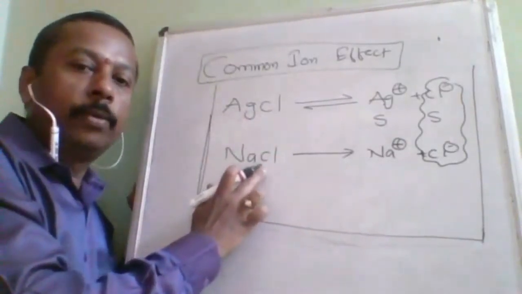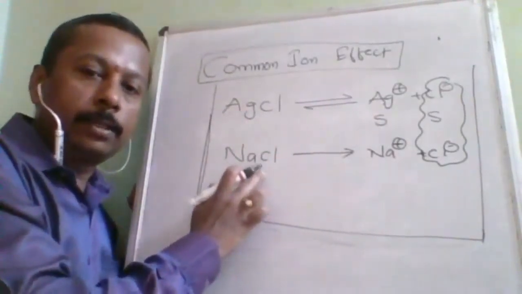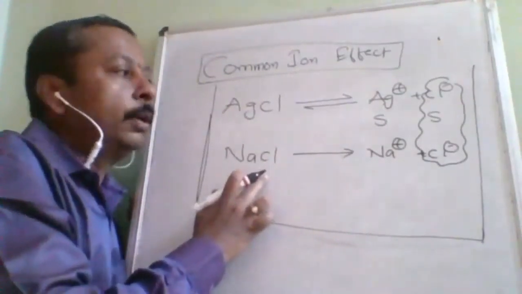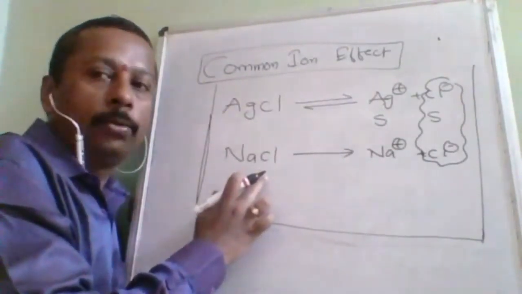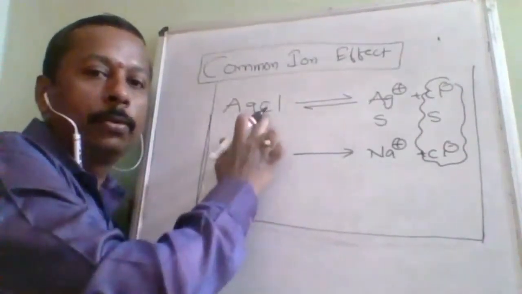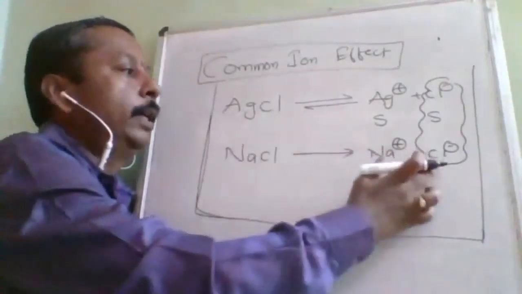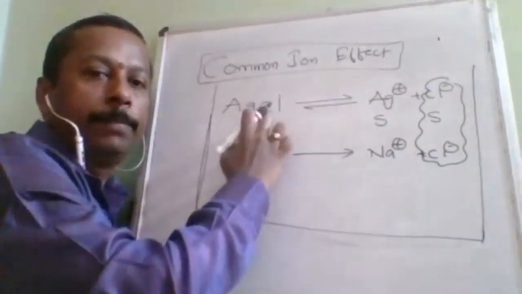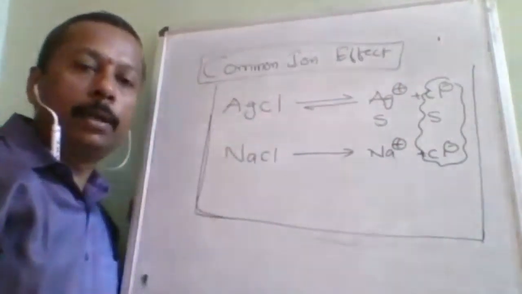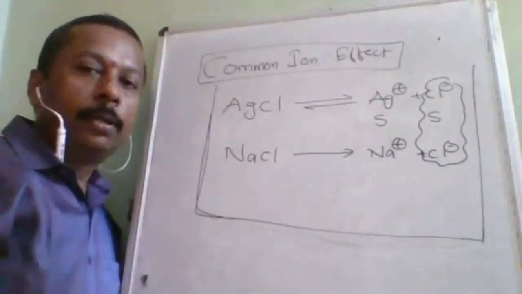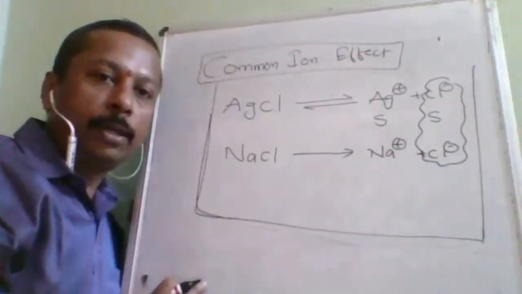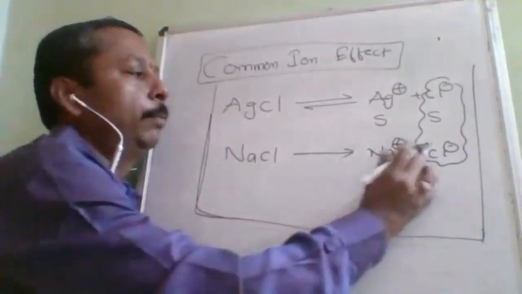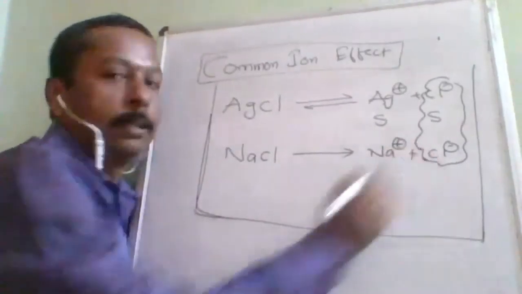AgCl is only weak and NaCl is strong enough. So nobody is going to touch NaCl because it is strong. If you're strong, then nobody is going to harass you. Everybody will try to harass you only when you are weak. So whenever it is weak, Cl is going to affect the AgCl solubility. It will further depress its solubility. Is it understood? So in life also, you should not be weak. If you are weak and show it to somebody, they are going to play with you. They will further suppress you.